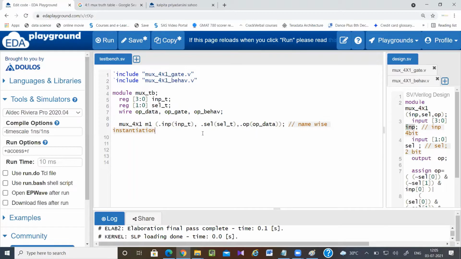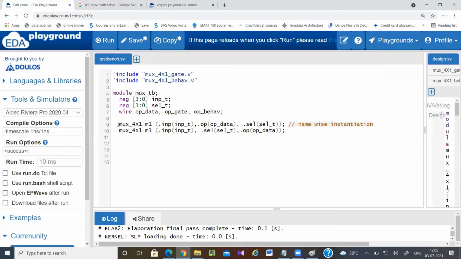Okay, so see here now I can check. Just wait. I can write like this also. It is not going to create any problem. That means I can change the position here because I have connected them through the names. So position does not matter. I can write anything anywhere, and we do this kind of instantiation only. Here the chances of error are less. This is one way, and another way is just according to position you have to write the signals.